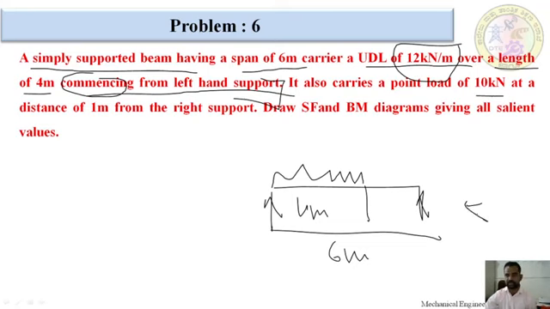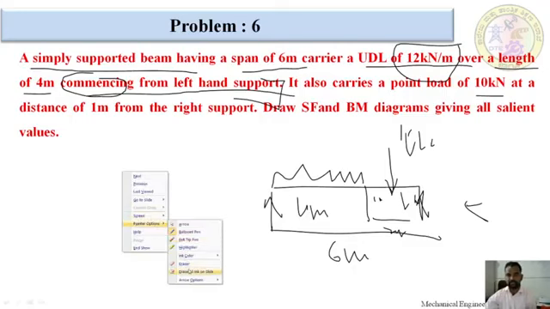We are going to start with right support. This would be 2 meter and this is 1. Half of this is equal to 10 kilonewton we are having. 1 meter here, 1 meter here. Okay, this completes the word format into diagram. After that we have to draw SFD and BMD diagram of all salient points, all salient values. Okay, I have converted this one by drawing also, we will see.